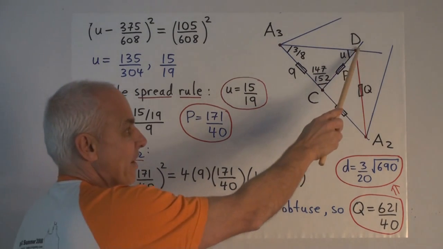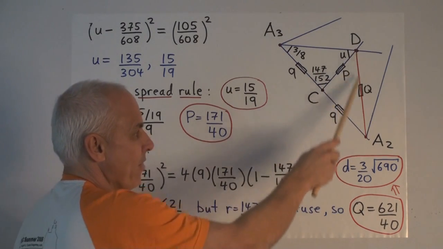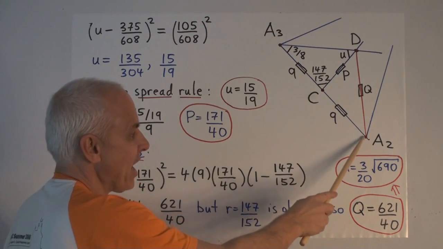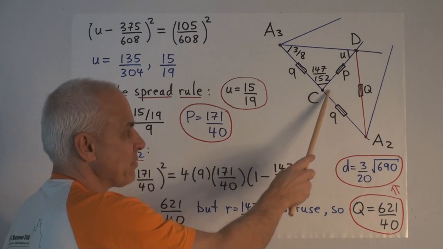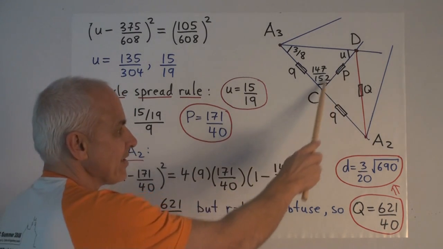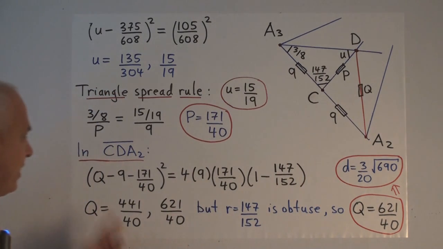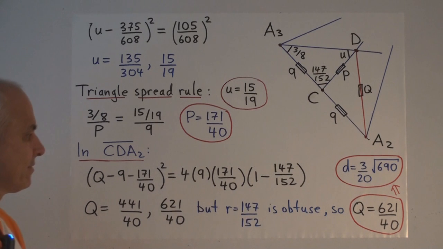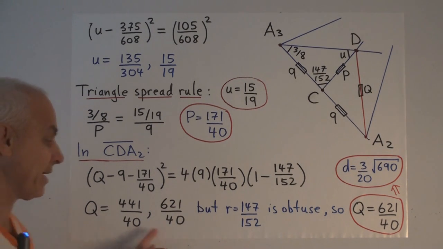And now we're down to our final triangle, this one right here. We're after this quadrance q. We know p. We know this is 9. We know this spread also. It's the same as this spread. So the cross law in this triangle is this one right here. The cross law, which has two solutions. Again, pleasantly, they're both rational numbers.